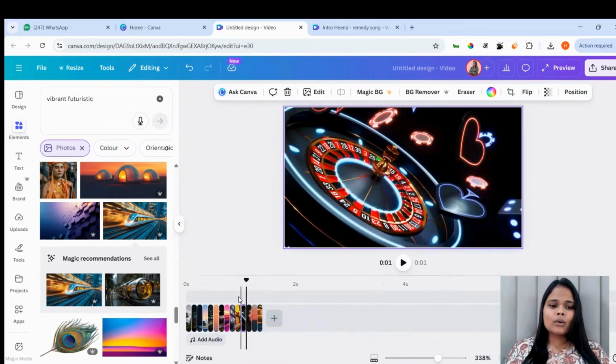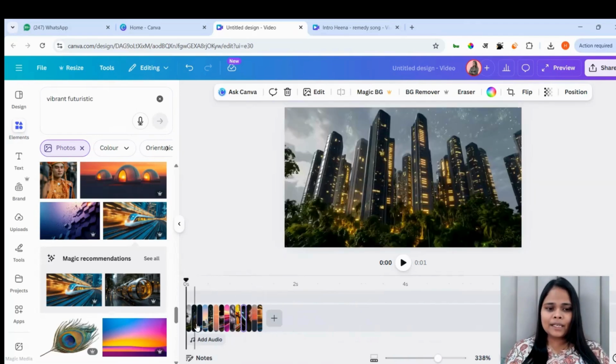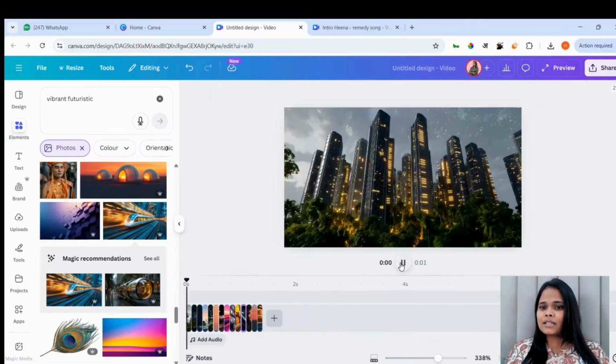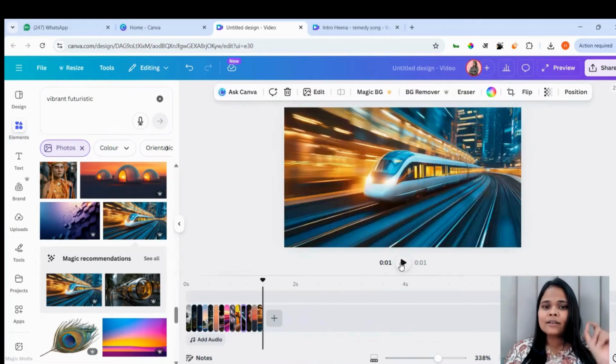Okay, now, if you see, I'll play it. Now, when I click play, you see the images are changing very fast, right? So this kind of video you have to create with more pictures because right now it is just 1 second. You have to add more pictures over here and make them 0.1 second so that the clip becomes at least 5 seconds long. Okay, at least 5 seconds long.